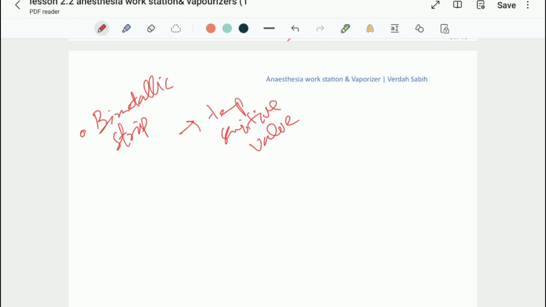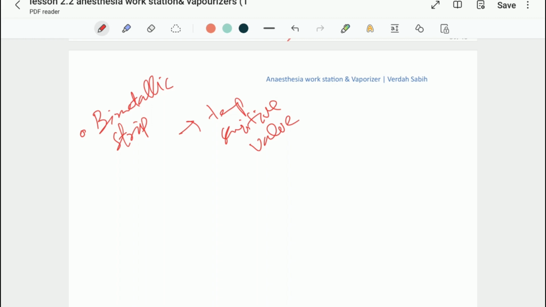Another structural compensation is the heat sink. In addition to the active mechanical compensation of the bimetallic strip, the Tec vaporizer also utilizes a heat sink to stabilize the temperature. The cases are typically constructed from copper, a material chosen for its high density, high specific heat capacity, and high thermal conductivity. The mass of metal acts as a reservoir of thermal energy, which readily conducts heat from the environment into the anesthetic agent to mitigate the cooling effects of vaporization.